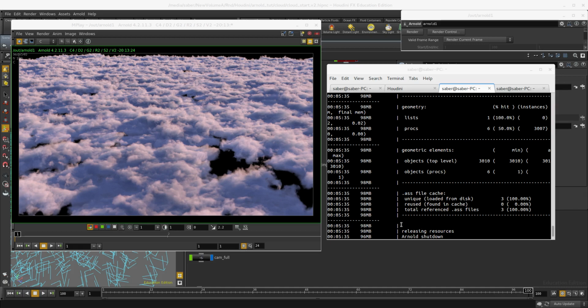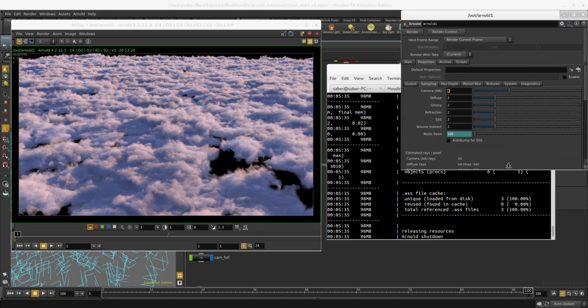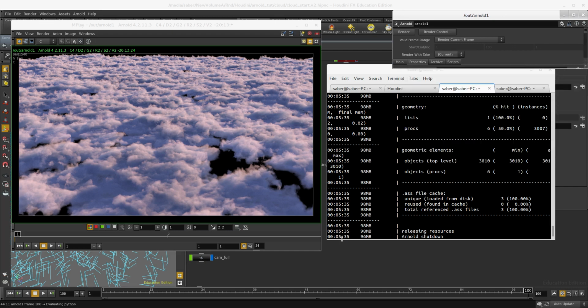Now that we've finished the instancing setup for the cloud bed, I've gone ahead and done a high-res render using the same render settings, except the AA, which I've increased to 4. It took 5 minutes and 35 seconds and used 98 megabytes. And we can see that this is a very efficient technique to keep the memory usage as low as possible,